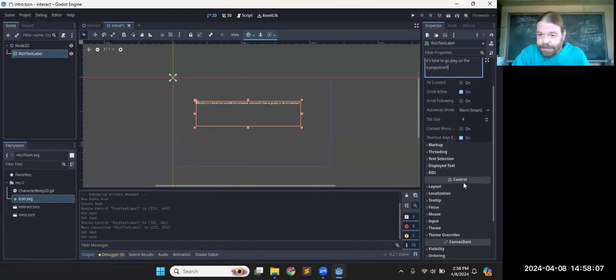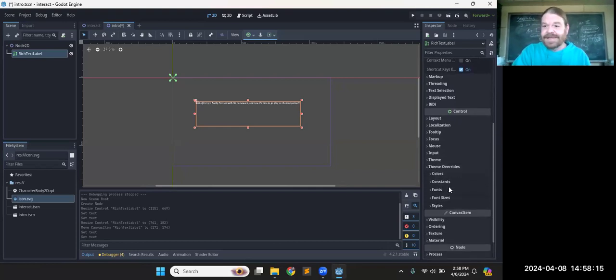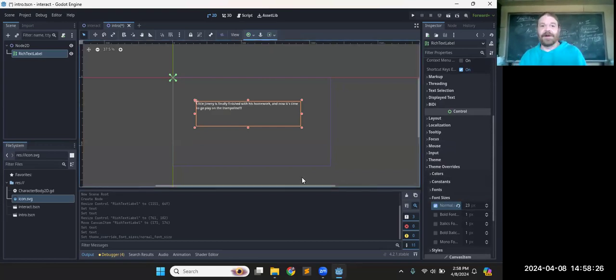So with that selected, we come down to theme. We could set up a whole theme to make things consistent, but to save time, I'm just going to come down here and increase the font size to like 23 or something nice and big. There we go. That'll work. So now there's our intro cutscene. So if we run this,